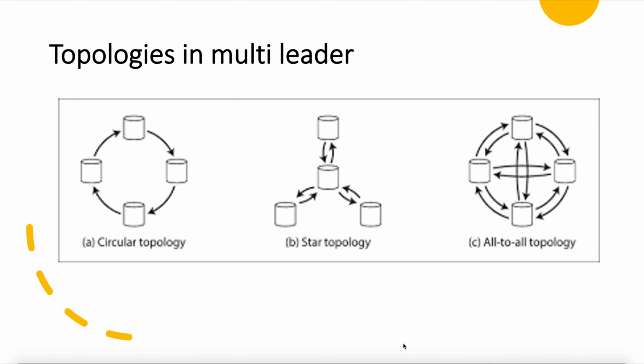So, we need to make sure that all the nodes process the insert first and then the update. That is, changes from leader 1 are reflected to leader 3 first because it is an insert, and then the changes from leader 2, that is updates, are reflected to leader 3. Simply attaching a timestamp to every write is not sufficient because we cannot trust the clocks. So, to order these events correctly, a technique called version vectors can be used.